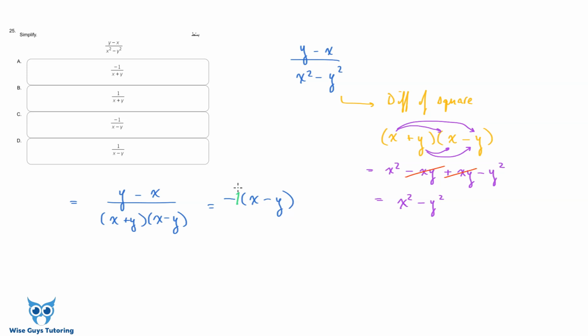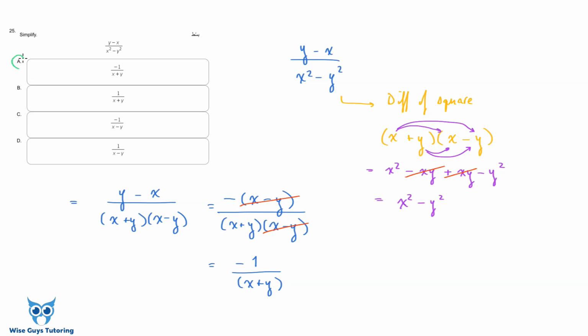If I expand this bracket, what I get is negative x plus y, which is the same thing as this, negative x plus y. So by adding a minus, I was able to flip the order of them and have it this way. Now I notice that I have a similar term on top and on bottom, which is x minus y. When you're multiplying by something and dividing by that thing, we can always eliminate them because they undo each other. They equal 1. And so this is equal to minus 1 over x plus y,